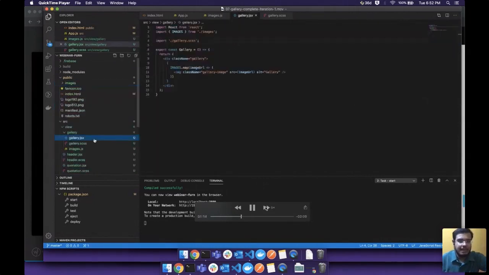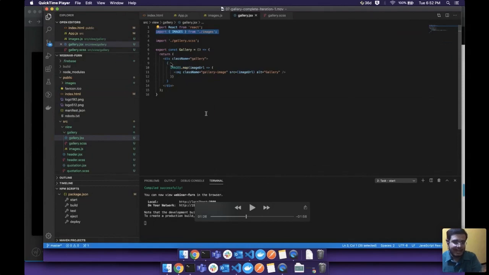So basically, I'm referring to all the images. Now, this is my component, real simple component, real small. So I import the images list, and I use images.map, which is the built-in function that will go through all the elements of that and create whatever element you give inside it, right? So here I create an img, I give a class that I can use in CSS. I give the source from the element.